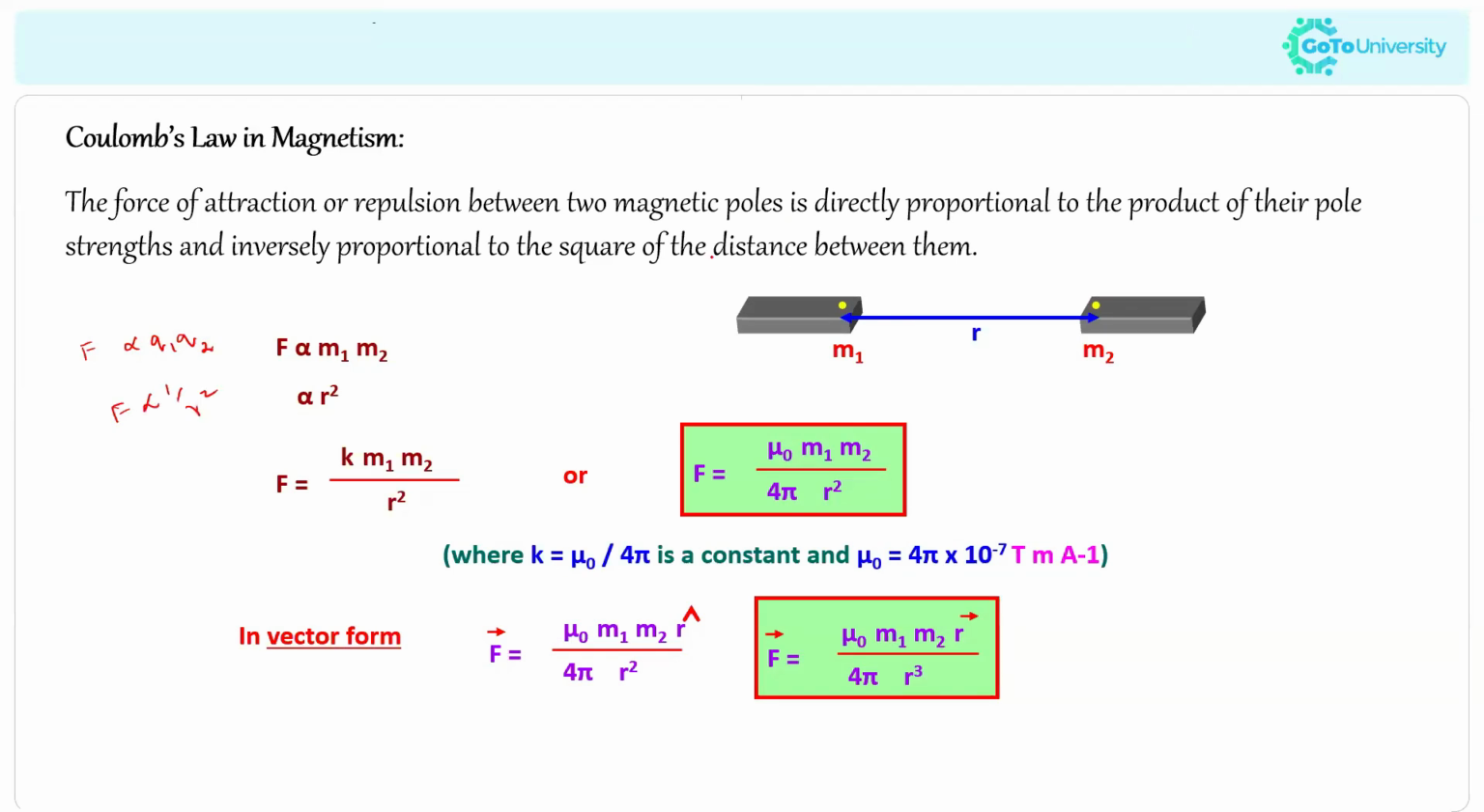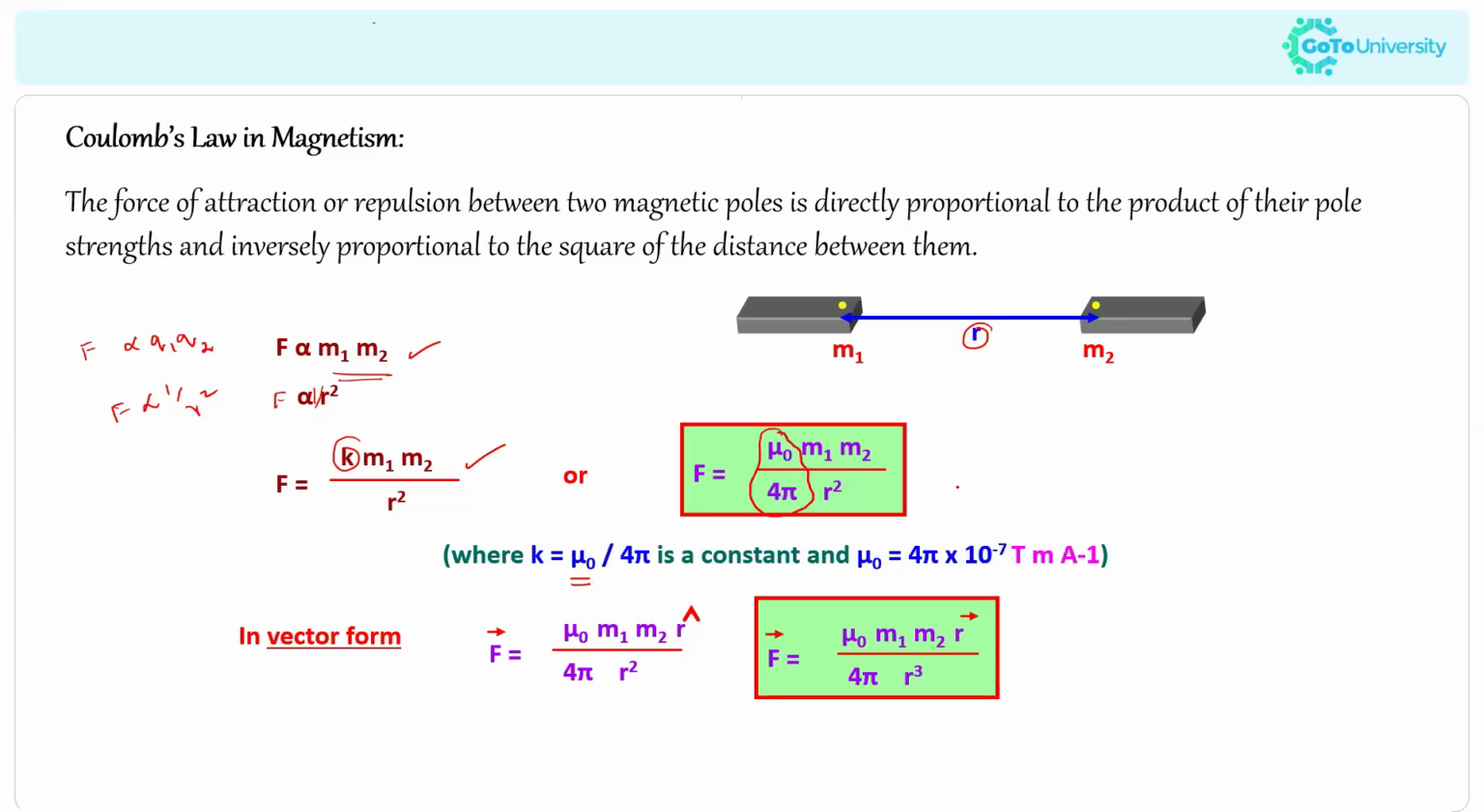So here also we have similar terms, but here we don't have a charge, we have masses. If we are considering two magnetic poles with a distance of r, we can say the force will be directly proportional to m1 m2 and inversely proportional to r square. When we write this in equation form, it will be equal to k times m1 m2 divided by r square. Here k is representing the value mu naught divided by 4 pi,